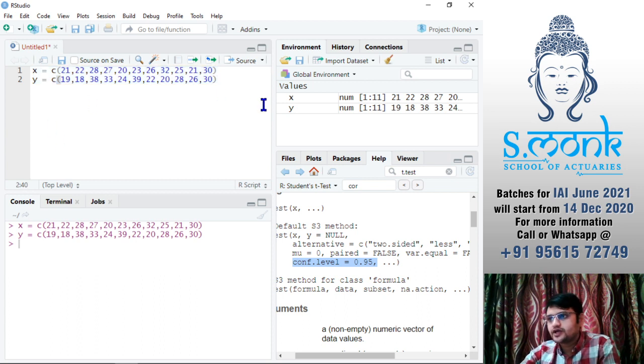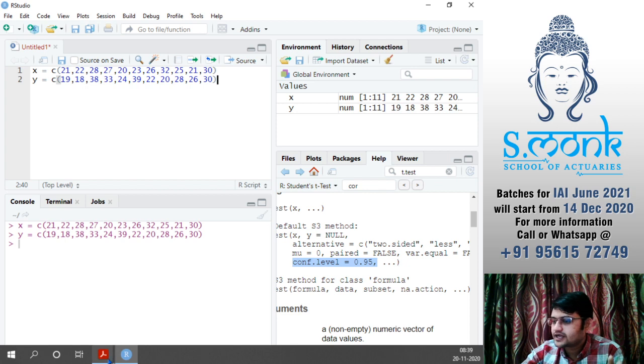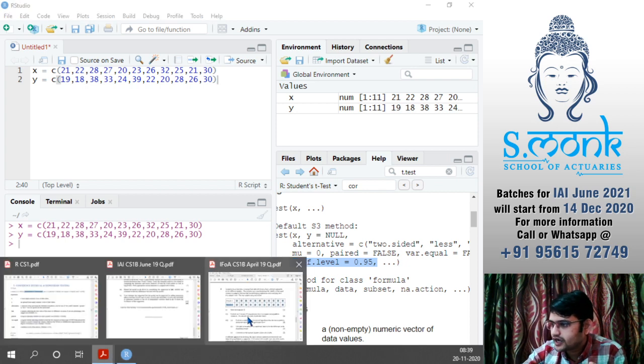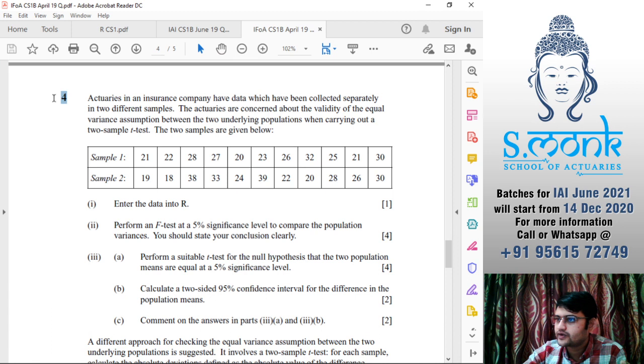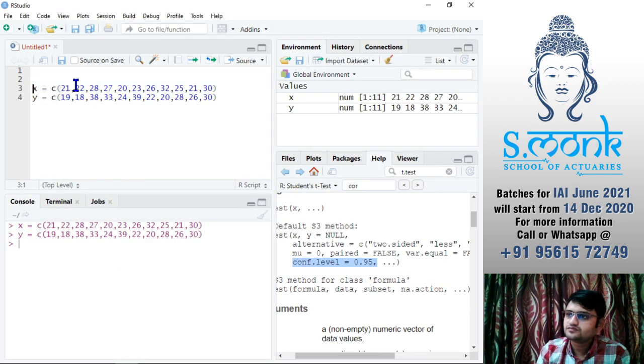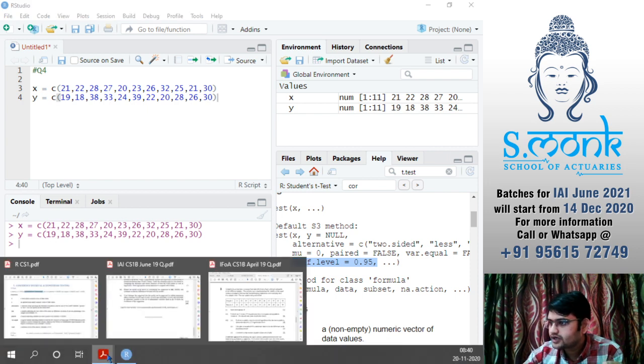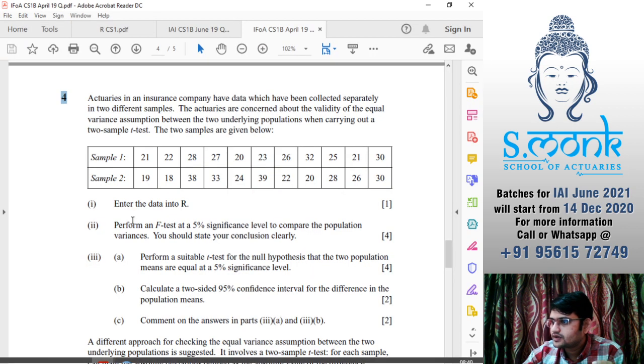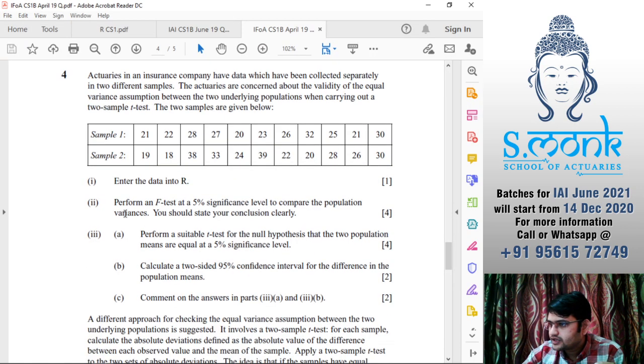Now if you are performing a 2 sample t-test, let's do it exactly the same as the question says, so that I will show you how I would write the question. So it's the 4th question, so I would say this is question 4. Okay. So then use the data, then they are asking to enter the data into R. Then they are asking to perform an F test at a 5% significance level to compare the population variances.